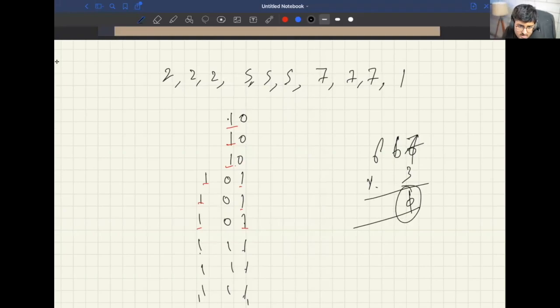Autumn's question is, if we use 32-bit words, is the runtime going to be 32 raised to power n? No, wait a minute, let's calculate. So let's calculate what the complexity of this is going to be.